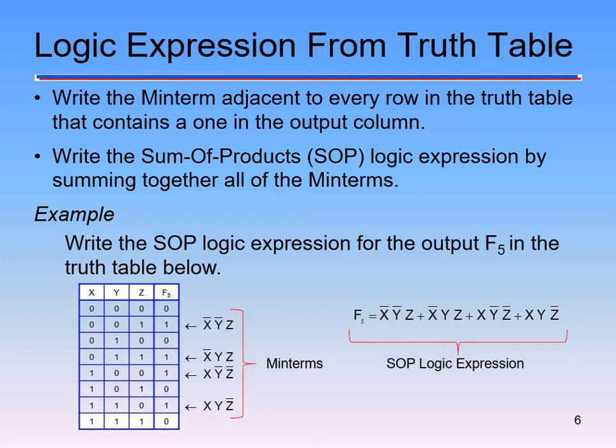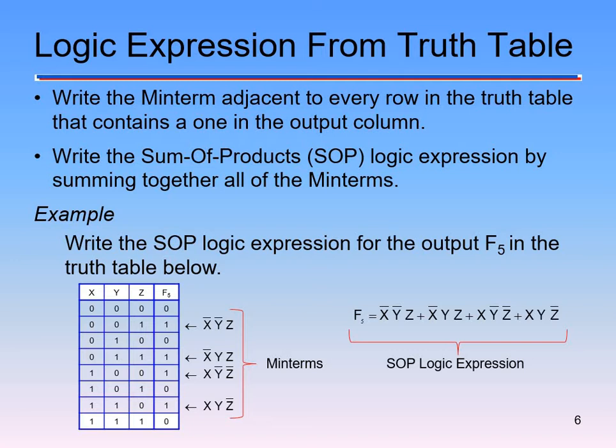Y bar means Y is a 0 at that point. And then Z is a 1, so we don't put a bar over the Z. So if the inputs are zeros, the minterms will have bars on top. If the inputs are a 1, they will not. And you have to write out each input, so you have to have either X or X bar, Y or Y bar, Z or Z bar as your minterm